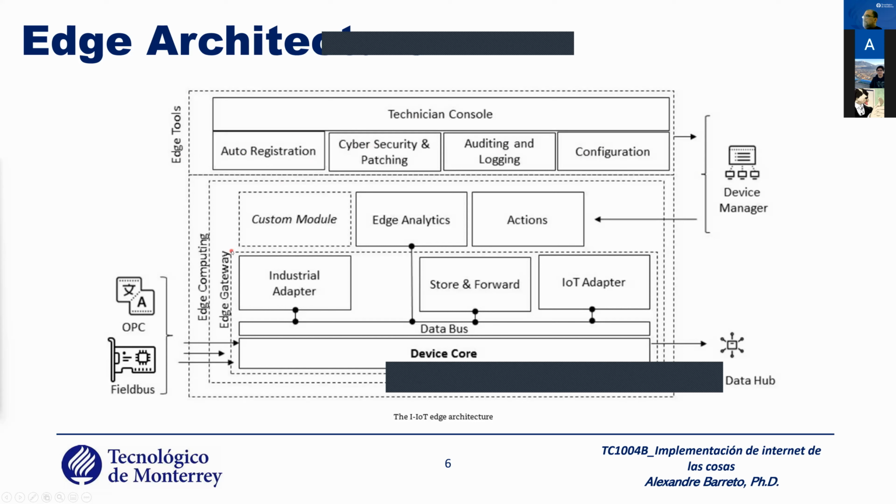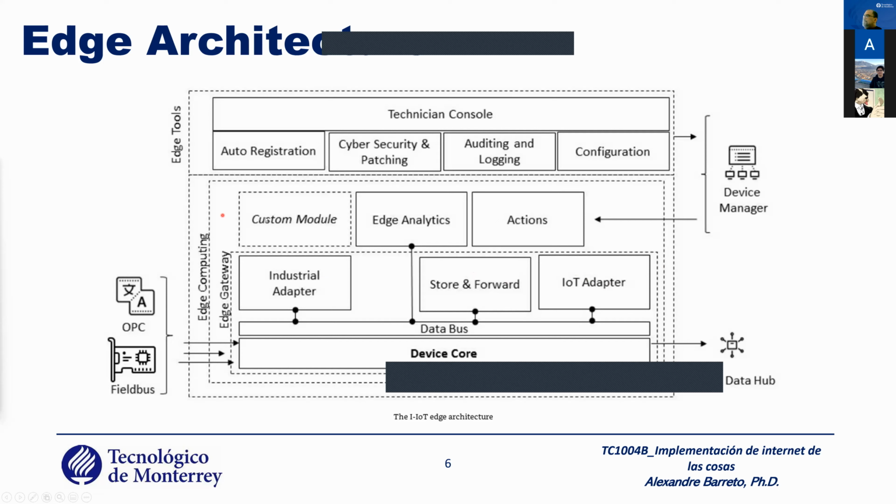You have the gateway. In the gateway, you have the adapters. For example, if you use OPC, you need to have the adapters of OPC. And you have the store and forward. Remember the explanation about the store and forward? You receive, you store for a moment, and forward to the destination. Okay? And you have IoT adapters. Industrial adapters are connectors that provide to the edge the capability to understand old legacy protocols like OPC, and the IoT adapter talks directly IoT protocols. Okay,